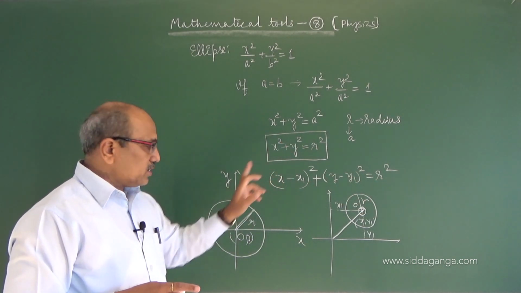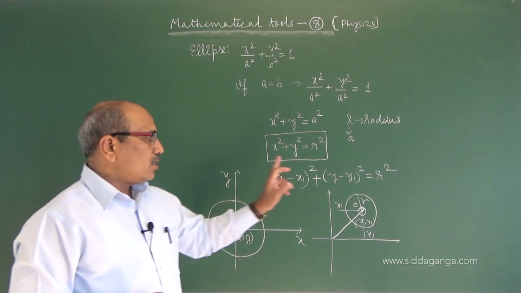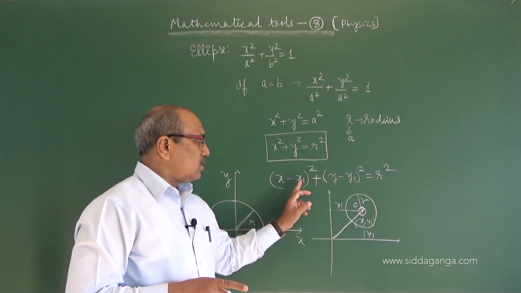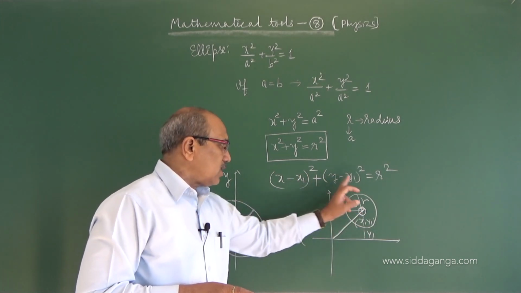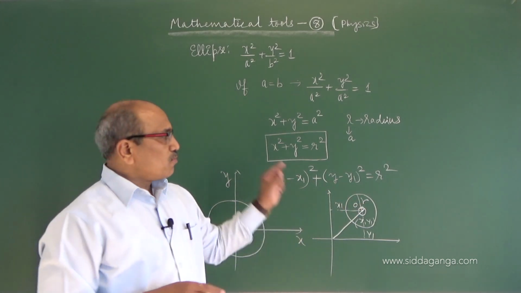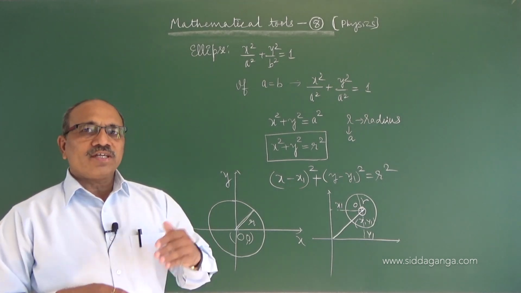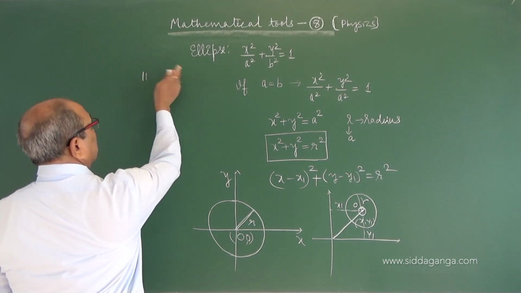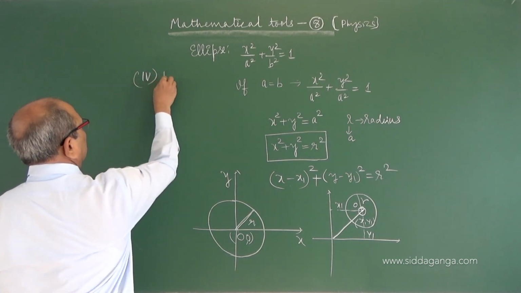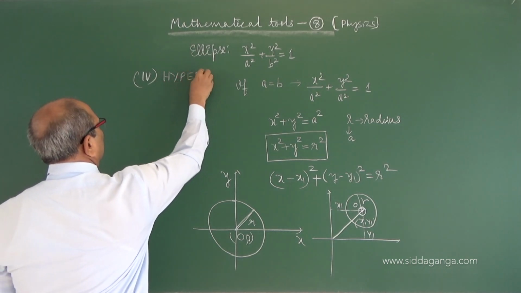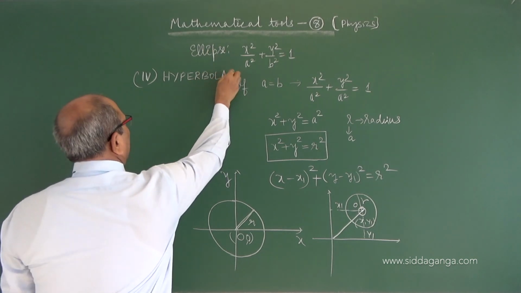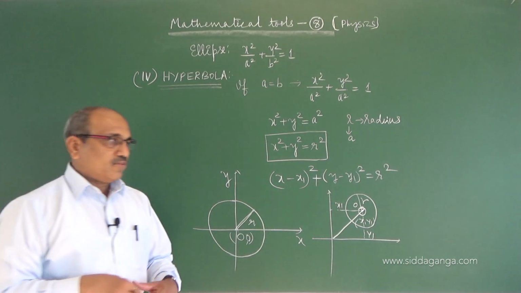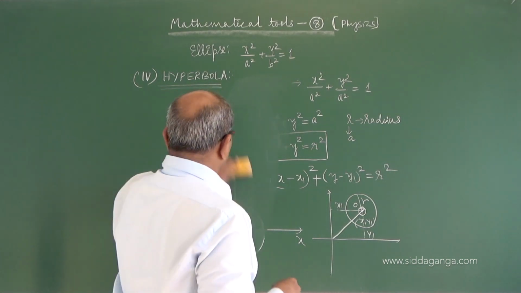In this case, the center of the circle is at the origin of the coordinate system, the intersection of the y and x axes. In the other form, the center of the circle is somewhere else, with coordinates x1 and y1. So if I make small changes, we get another type of curve that we call a hyperbola. The fourth one. So we are going to see this. The nature of curves is most important for us.